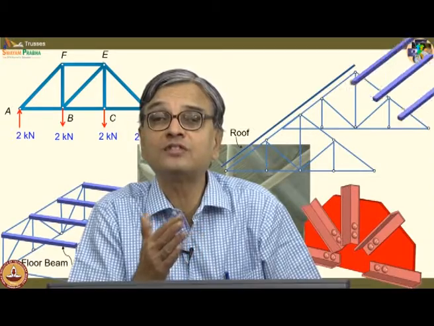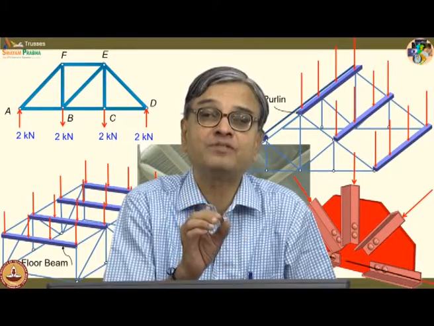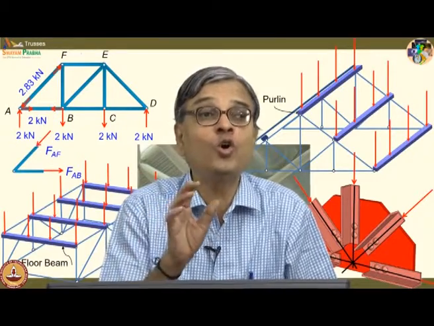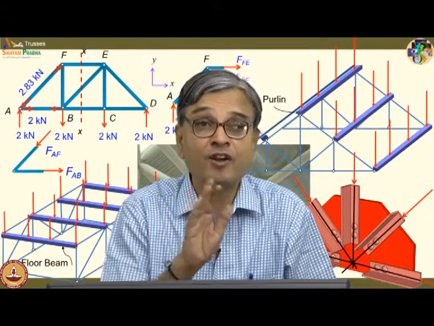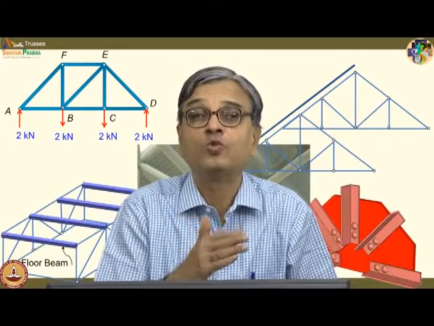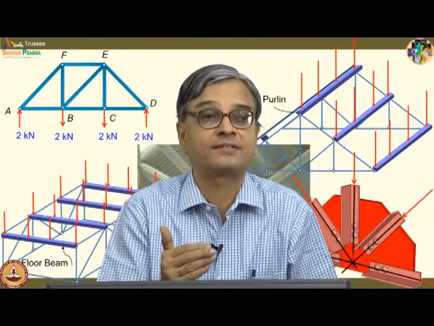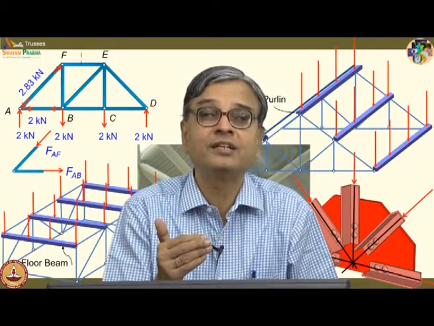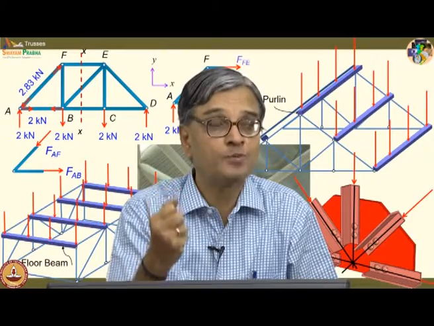This is the reason why I chose this truss. I have a small truss which can be analyzed comfortably. It has members which are under tension, which are under compression, and there are also members which carry no force. They are part and parcel of the truss. They cannot be removed. In fact, you will also see towards the end of the lecture on trusses how to identify zero force members. That makes your life simple in calculation. You cannot remove the zero force member. For stability of the truss, zero force members should exist.